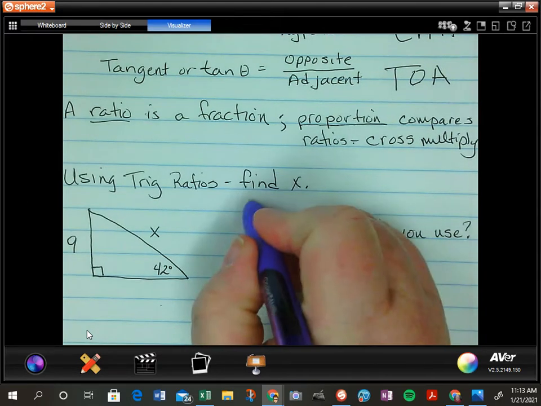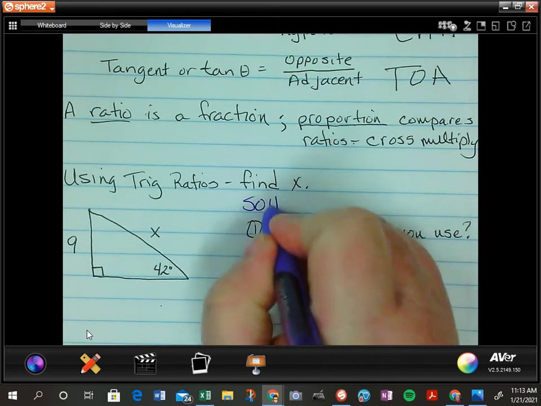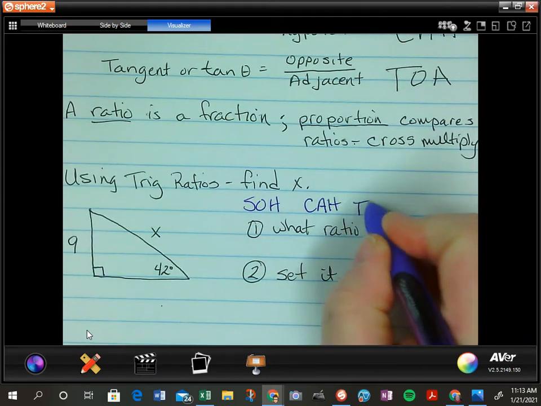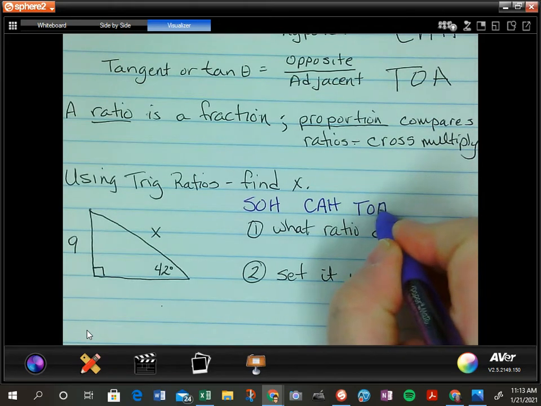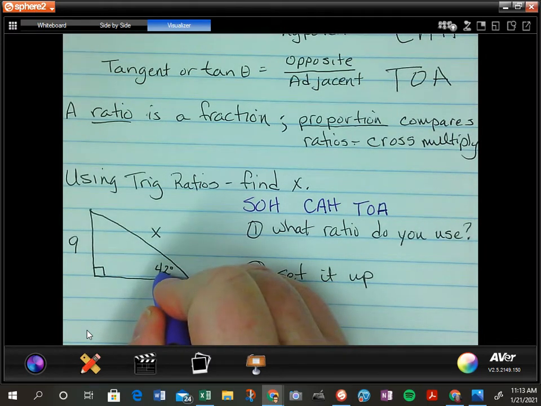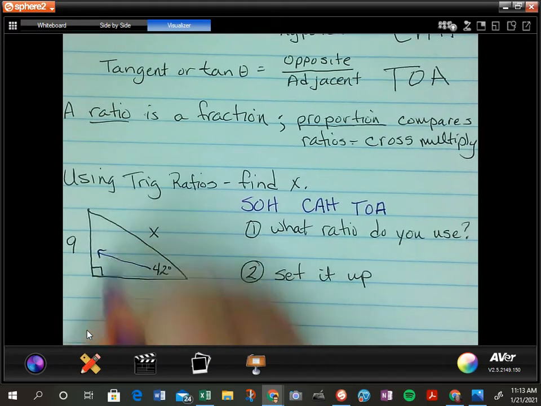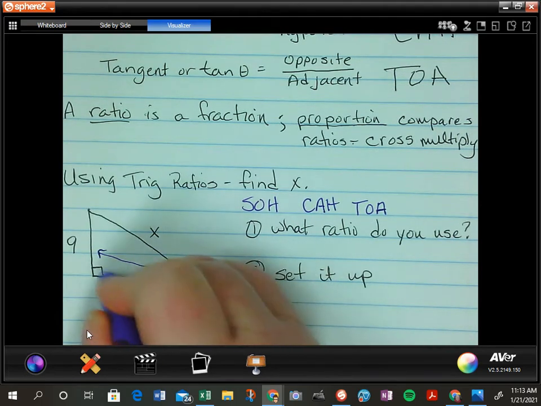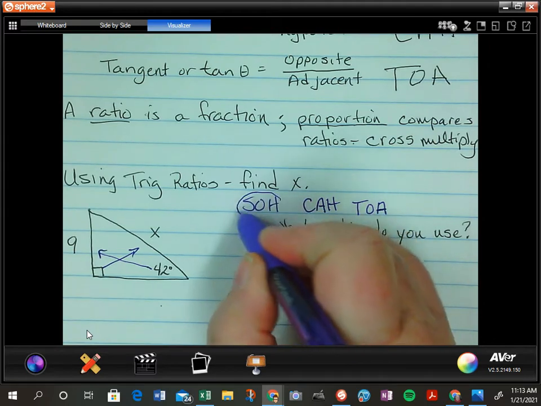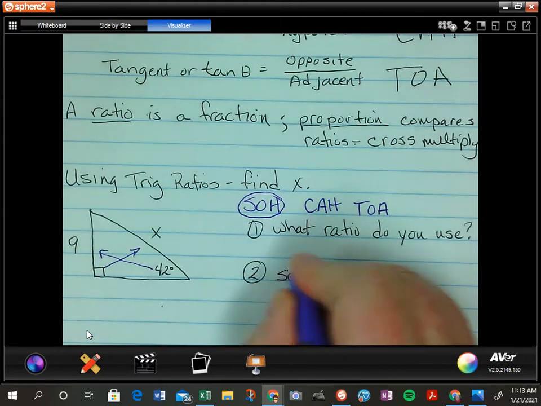Do we see SOH or CAH or TOA? SOH means we have opposite over hypotenuse. So let's look at the angle. Opposite over hypotenuse. So we have SOH, so we're going to use sine